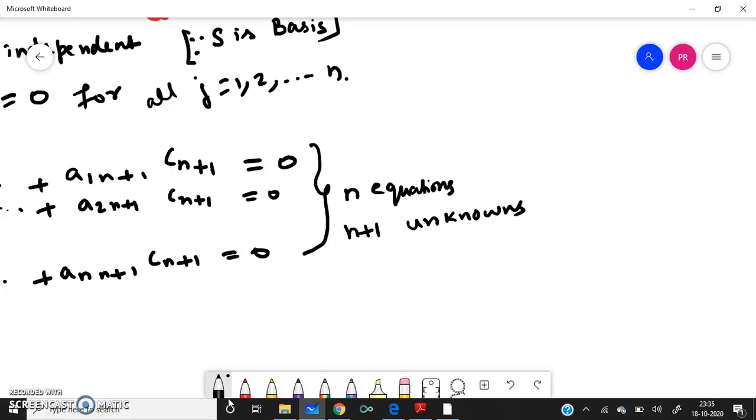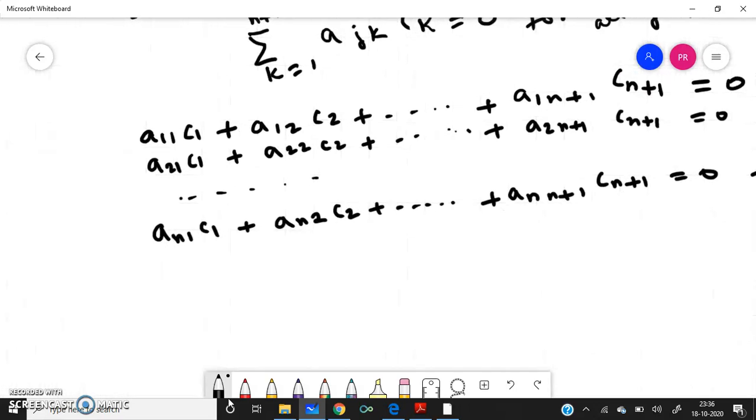When each equation is equal to 0, then it is a homogeneous system of equations. So this is a homogeneous system of equations with n plus 1 unknowns. Therefore